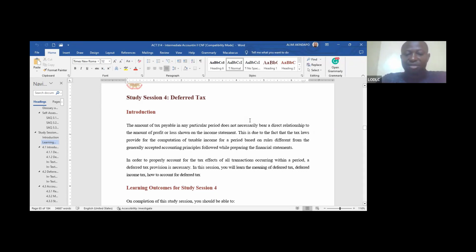When you look at deferred tax, you discover that it is strictly concerned with IAS 12, which is income taxes. No IFRS has been published on deferred tax, so we are still making use of IAS 12. When you are talking about deferred tax, you should be talking about